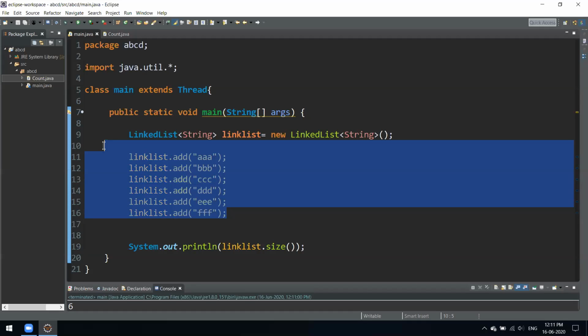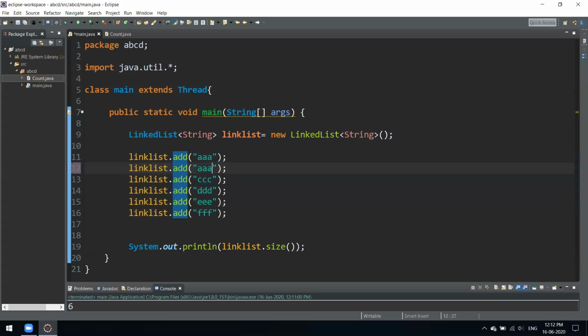So see, set is just a collection in which we cannot have duplicate entries. The major difference is that a list can contain duplicate entries, a set cannot. Suppose if I try declaring AA again in this list, be it a linked list, array list, or whatever kind of list, it can contain duplicate elements. It can have multiple entries of the same type. But if you want unique entries throughout your list, then you can use the set. Set is used for that.